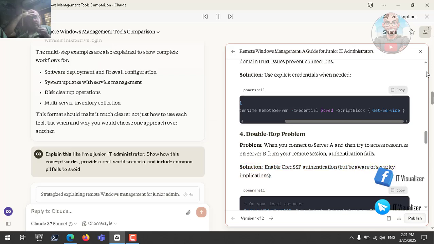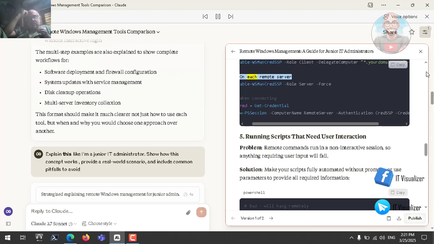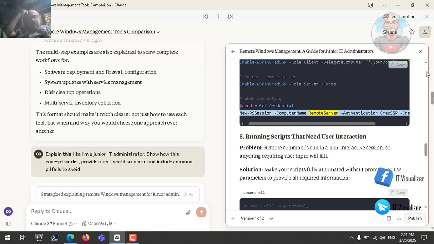PowerShell. # On your local computer: Enable-WSManCredSSP -Role Client -DelegateComputer *.yourdomain.com -Force # On each remote server: Enable-WSManCredSSP -Role Server -Force # When connecting: $cred = Get-Credential; New-PSSession -ComputerName RemoteServer -Authentication CredSSP -Credential $cred